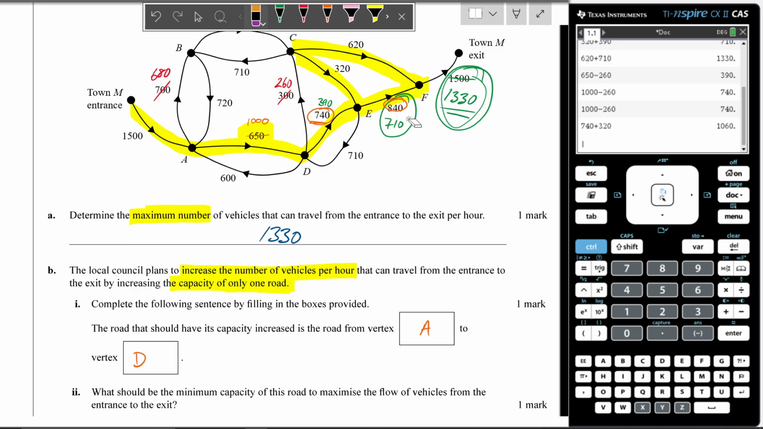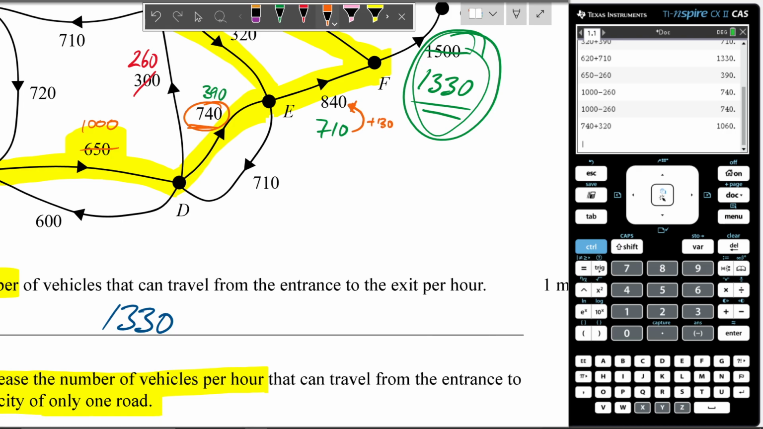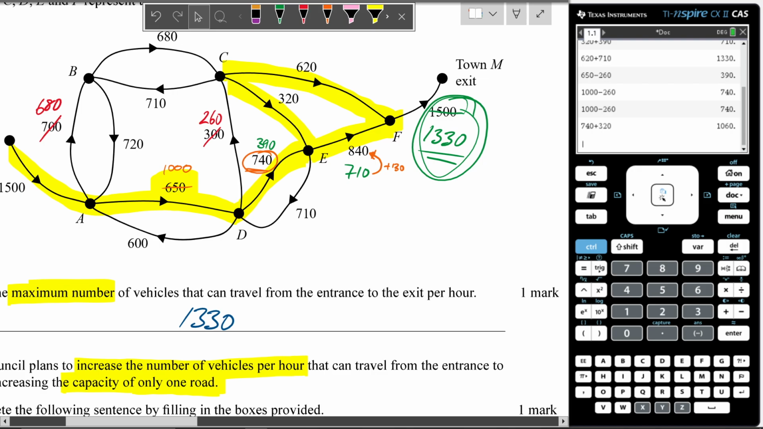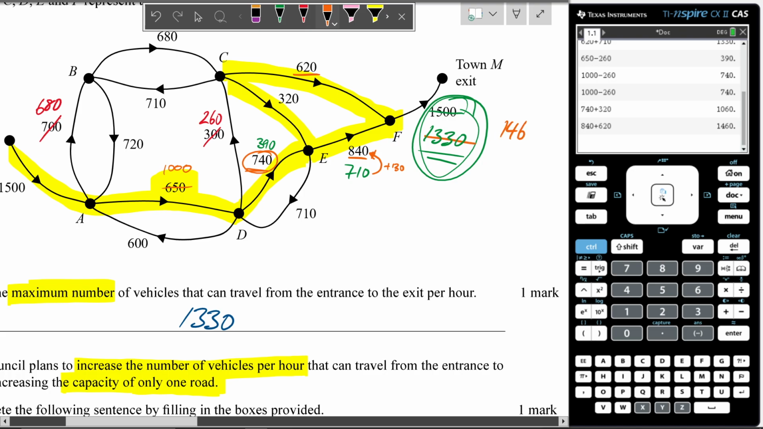Now, you can think through other mathematical ways of how to do this. The easiest way here is just to recognize, oh, I can only increase this by 130. That's it. I can only increase it by 130. Because now, if this is 840, then 840 to 620, that means I can send now 1460 through this, and that would be the maximum flow going through it, 1460. But as you can see, I can only increase this by 130 to 840,